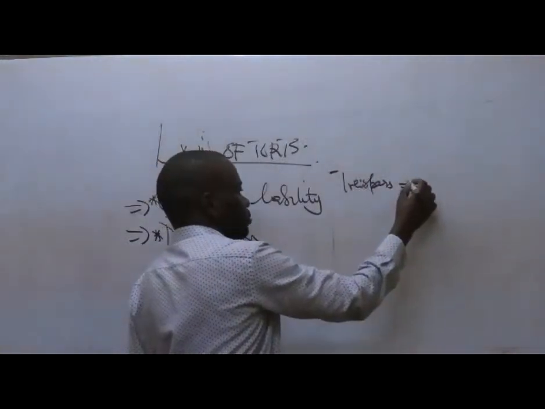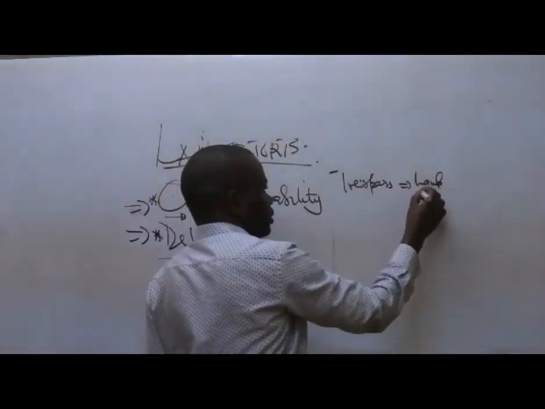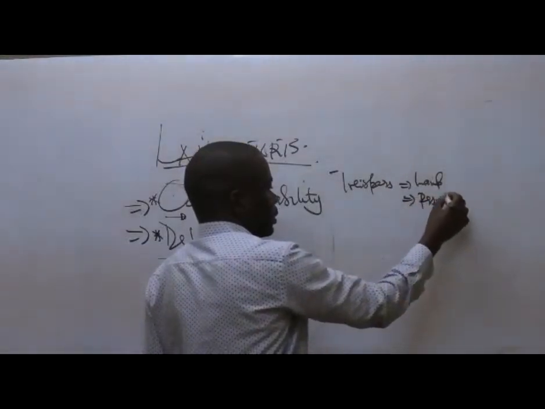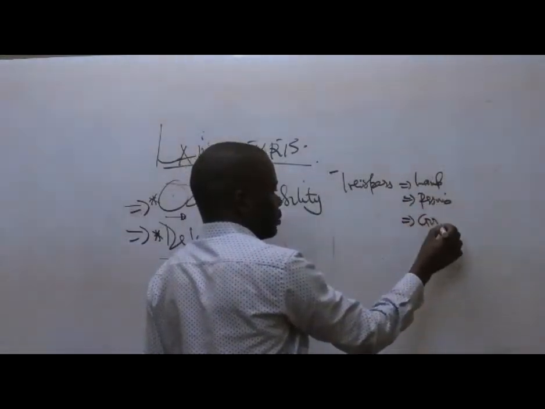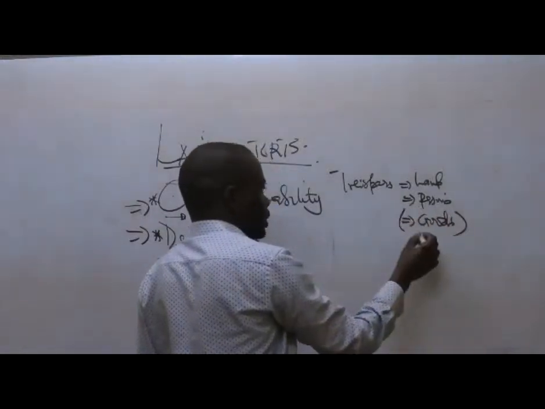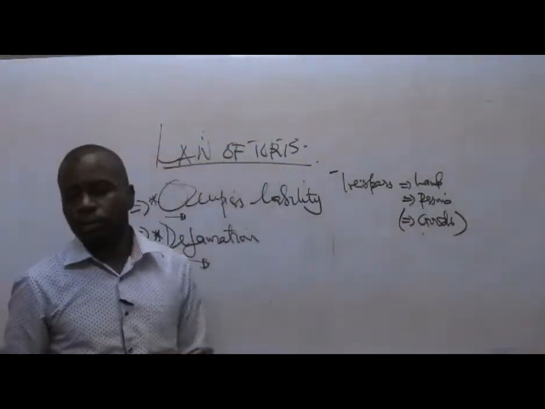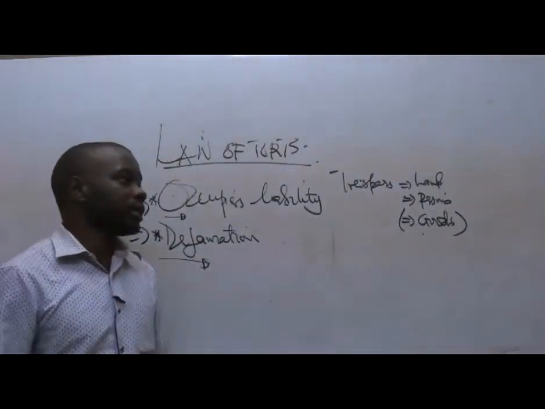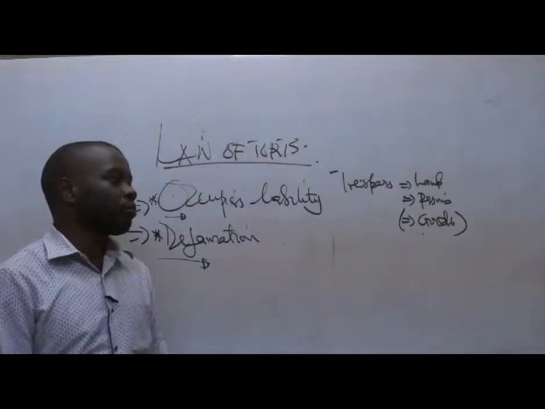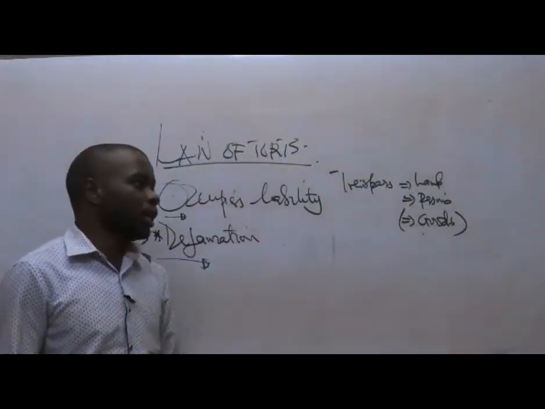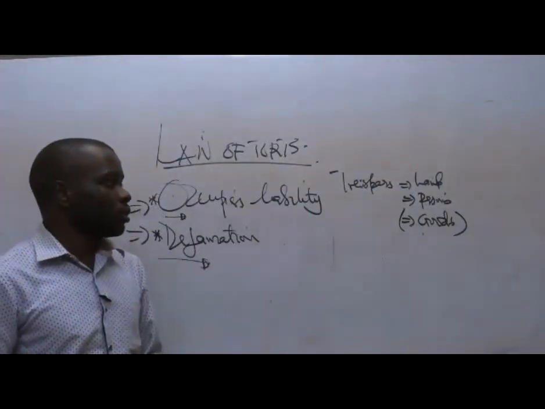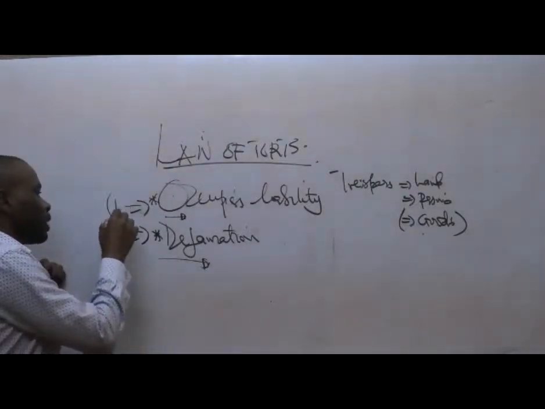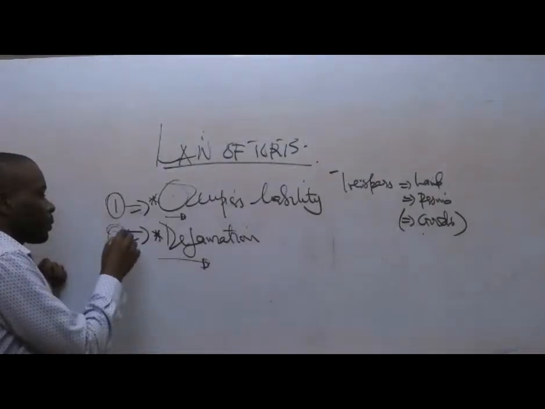you can have trespass to land, trespass to persons, and trespass to goods, whereby we say trespass is simply the unauthorized access to a person's property, or to a person himself, or to goods. So when you talk about occupiers liability, as a form of tort, it is